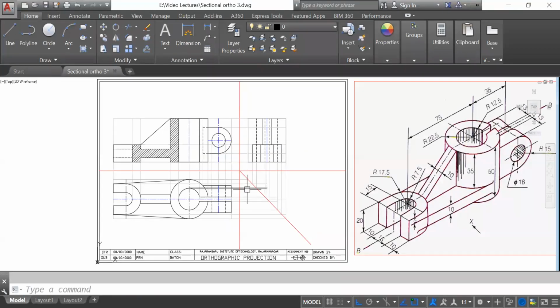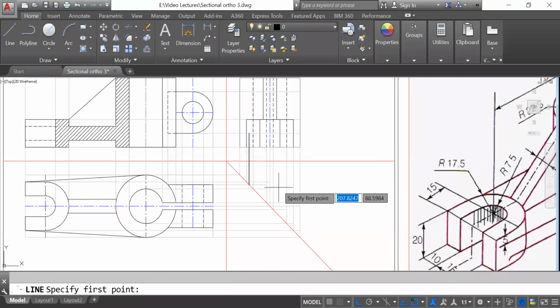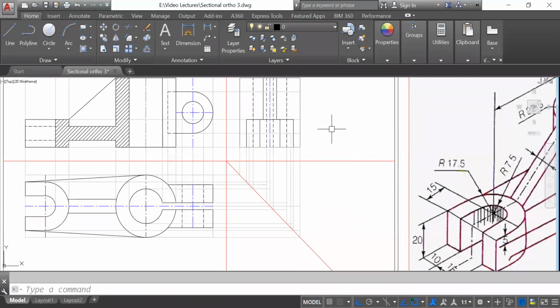So you will get the height of this and the width you will get from this side. Okay. So you can show those hidden lines over there by using this black color. Show that the completely hidden part is there.